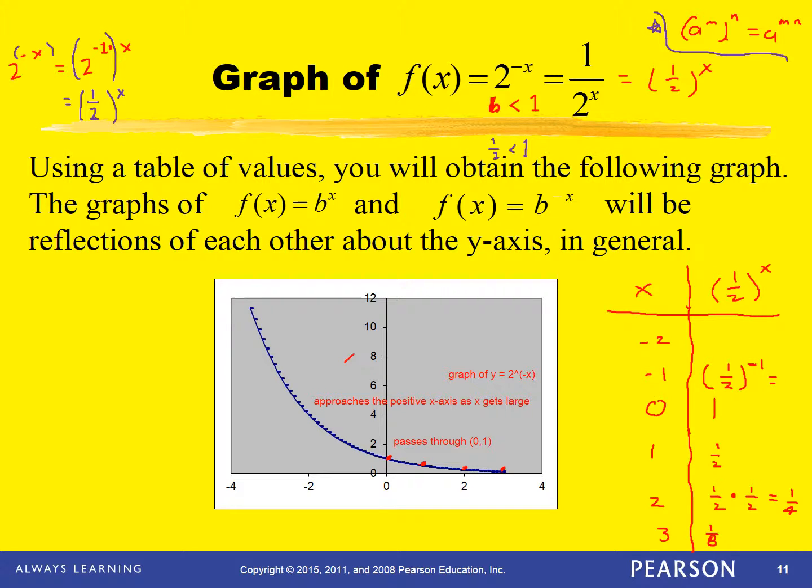But then for x negative, you're starting to get big numbers, because when you have x equal to -1, -2, now you've got negative powers, 1/2 to the -1. Well, the -1 exponent, you might remember, the meaning of the -1 exponent is that you're just taking a reciprocal. This is 2 over 1, or just 2. So the point -1, 2 is on the graph, and then for x equal to -2, you've got the -2